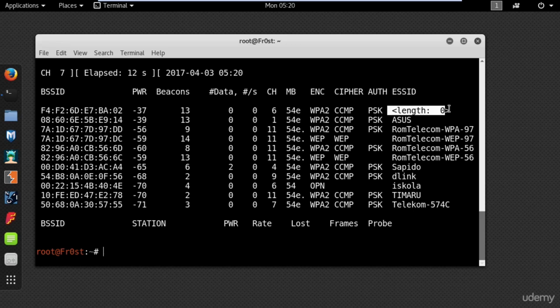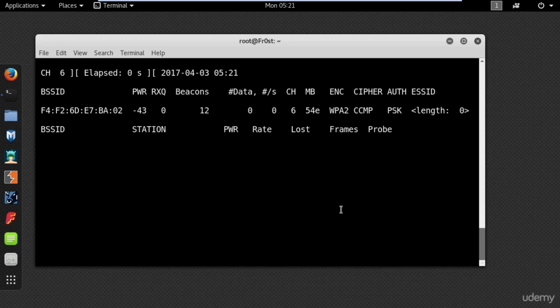So this one right here is my network, and you can see that the SSID is hidden. Now I will need a few details about my network, like its MAC address and the channel that it's using. So go ahead and type the following command: airodump-ng --channel 6 and the BSSID of the network you are targeting. In order to bypass the hidden SSID, you need to wait for a client to connect to the access